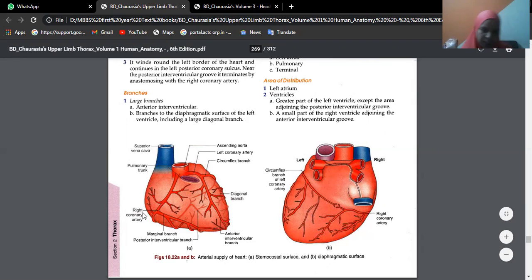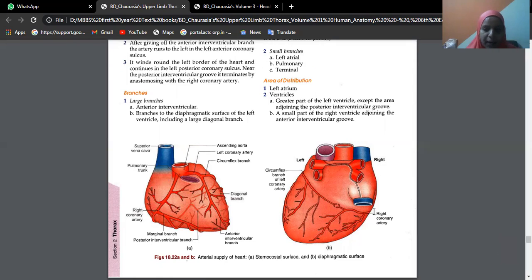Now let us discuss these arteries. From the anterior aortic sinus, this is the ascending aorta from where the right coronary artery has started. It is running between the pulmonary trunk and the right auricle. This violet in color is the pulmonary trunk, and this side we have the right auricle. It comes downwards, forwards, and then moves towards the right side. Now it is winding behind and going back, and then it runs between the two ventricles posteriorly to go as the posterior interventricular artery.